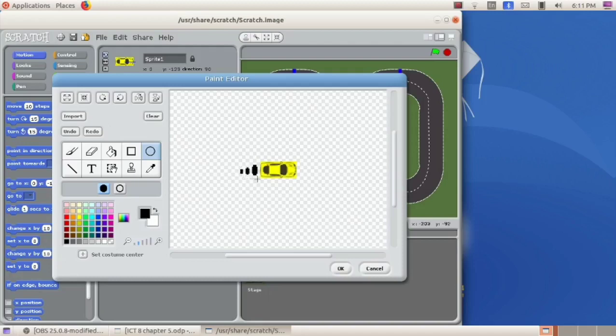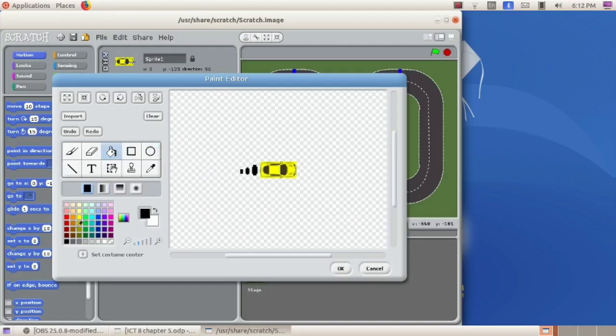We have to change the color of the smoke because here it is black in color and the track is also black in color. So these smoke bubbles may not be visible while the car is running through the track. So we can change the color of these bubbles. For that we can use this flood fill or fill tool.